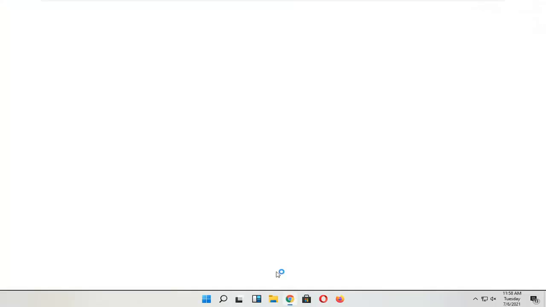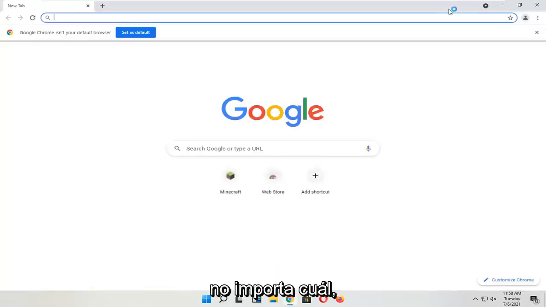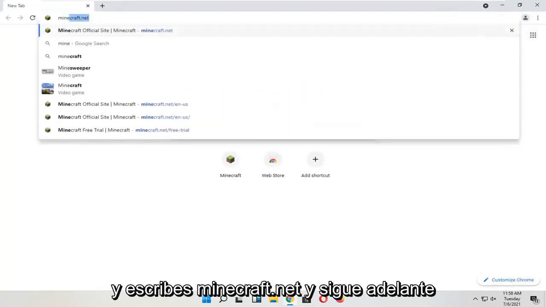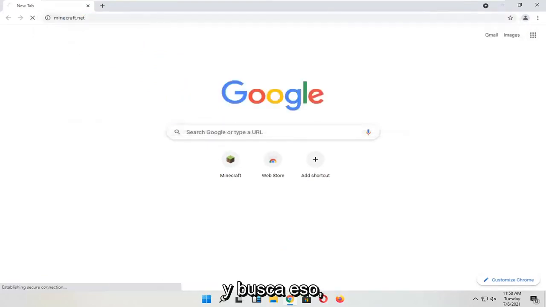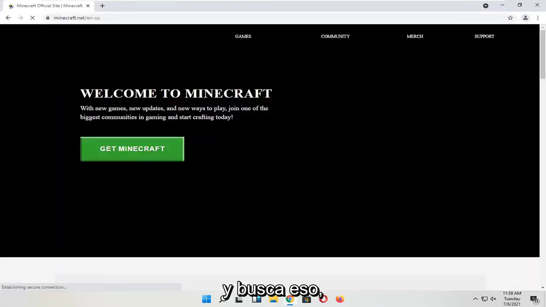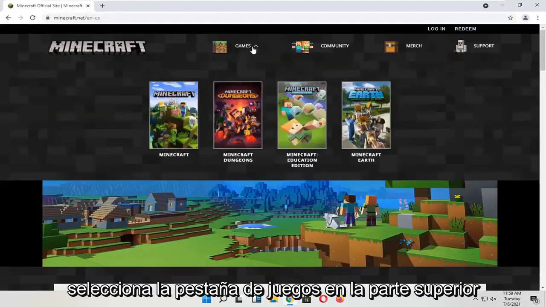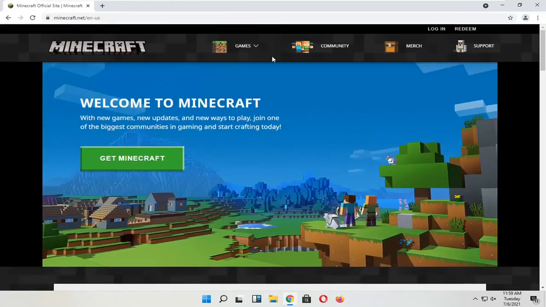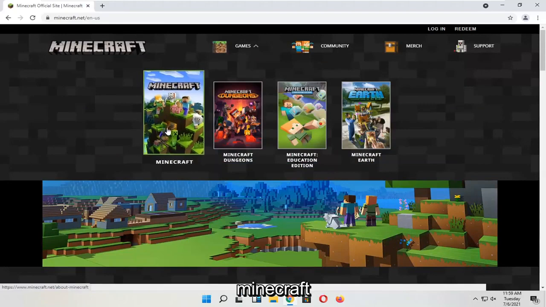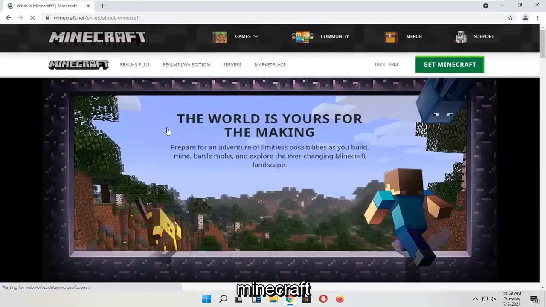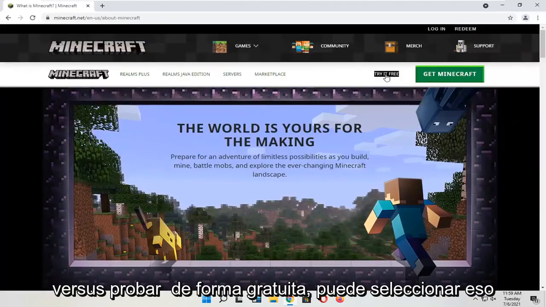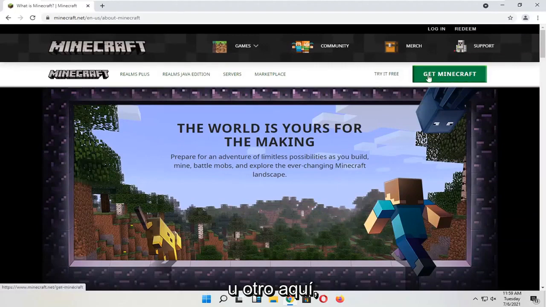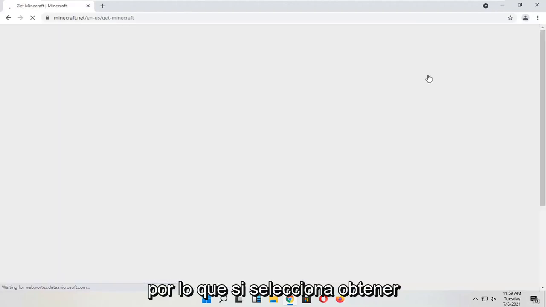You're going to start by opening up a web browser. Doesn't matter which one, but you're going to go up to the top URL search bar and type in minecraft.net and go ahead and search for that. Select the Games tab up at the top, and then you want to just select Minecraft. Where it says try for free, you can select that, or you can select Get Minecraft, one or the other here. So if you select Get Minecraft,